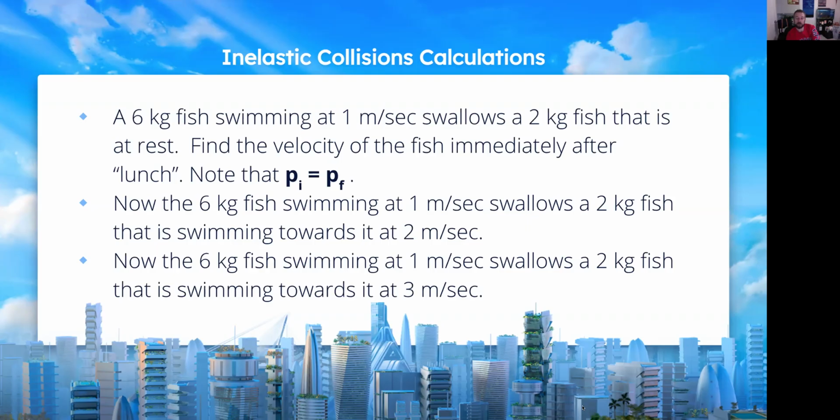And I'll use 2 as a subscript here. The momentum of fish 2 equals the mass of fish 2 times the velocity of fish 2. A wild negative sign appears. Wonderful. So the momentum of fish 2 equals 2 kilograms times negative 2 meters per second. That is super important. And the reason it's negative is because it's moving in the opposite direction as the first